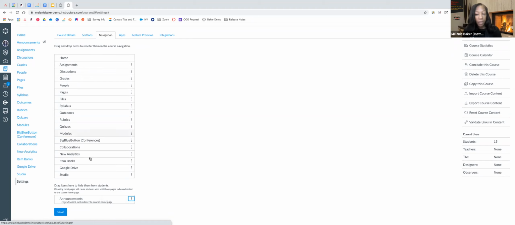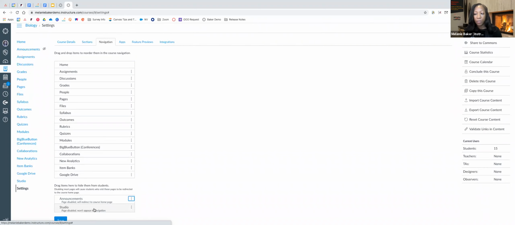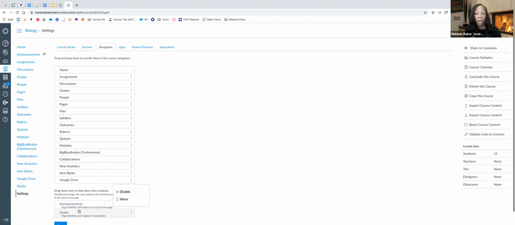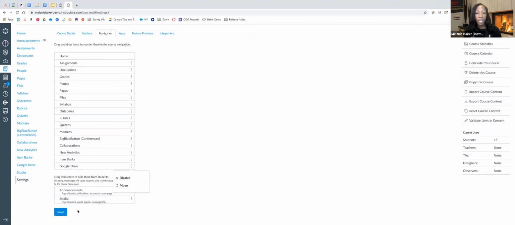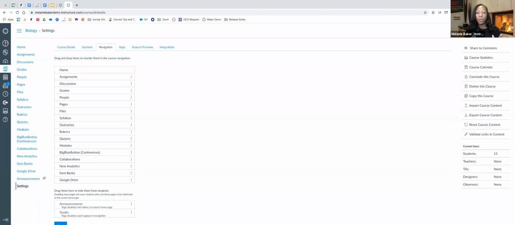Or if you're like me, you can just drag it down. So drag and drop works here, or clicking the three buttons. And what this does is it makes it invisible to students if it's at the bottom. And this is one thing to remember. Whenever you see a blue button in Canvas, it's a good thing. You want to hit save, because if you don't, it won't save those settings that you have put. So if you want to make sure that you hid certain things,